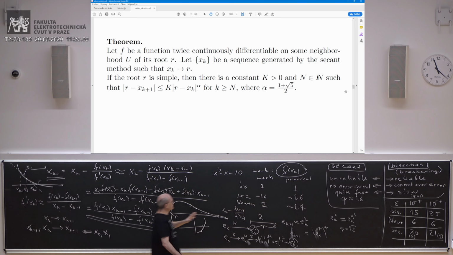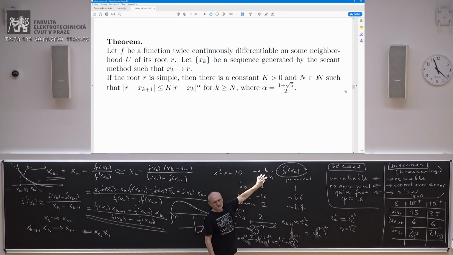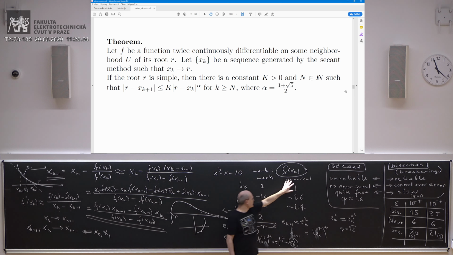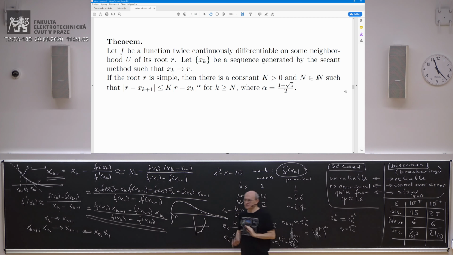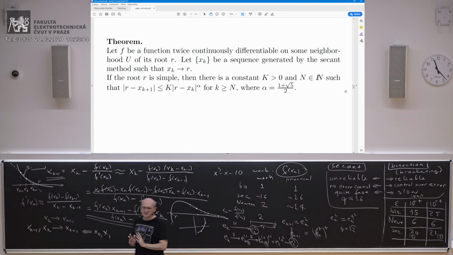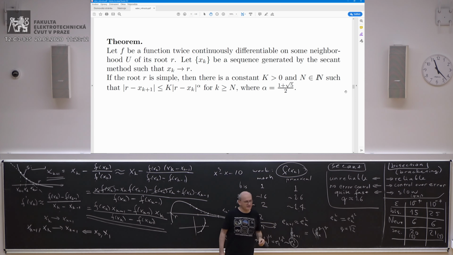So that's interesting. There is a big difference between a mathematical notion of order and a practical point of view. From the practical point of view, the secant method is better. It's faster. It also doesn't need derivatives, so it has big advantages from this point of view. But as I said, the Newton method has other advantages. And that's about it. These are the 3 basic methods for this course. I'm going to make another totally